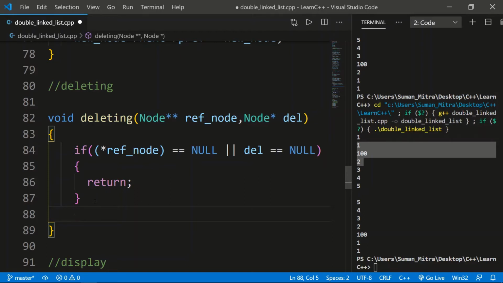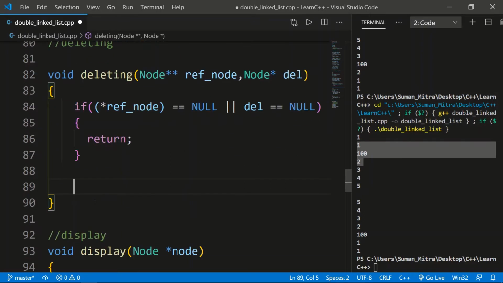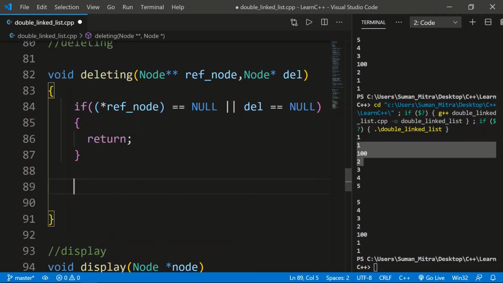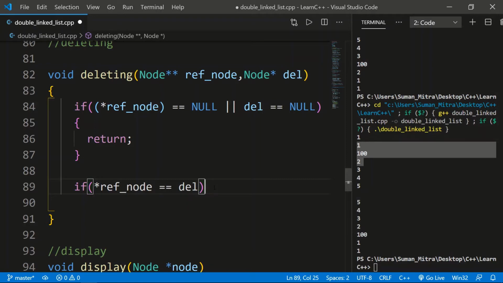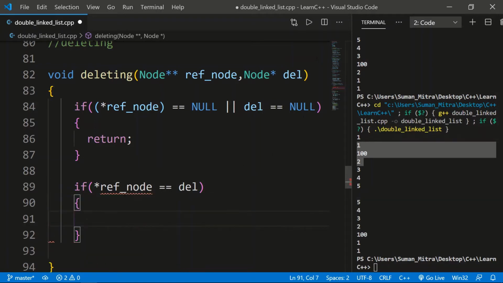It will return nothing. Now if you want to delete the first element, meaning if you want to delete the head, what should you do? If the reference node is equal to delete, meaning whatever node we want to delete, we are passing here and it's equal to the reference, meaning we want to delete the head, what should we do?